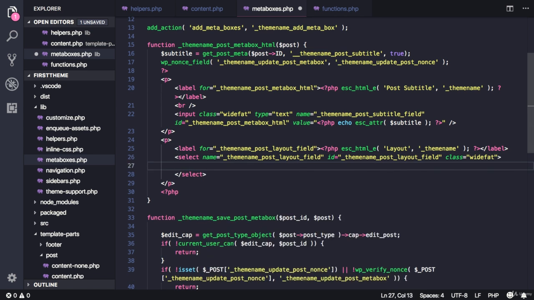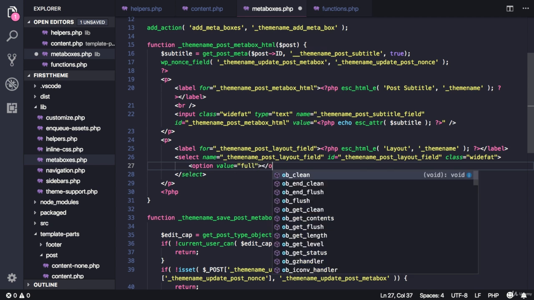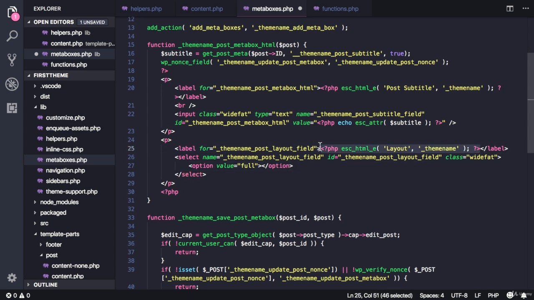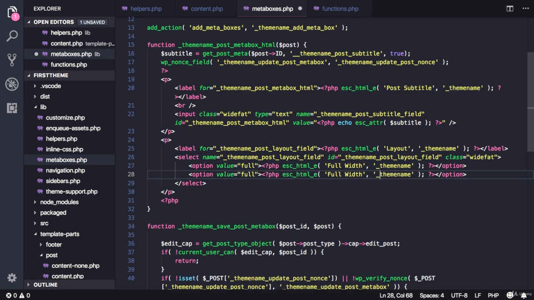So let's create an option, and this one will be the full screen blog, and let's copy one of these just to save some time, and we need to add a text for the option, so let's call it full width, and let's duplicate this, and this one will be the post with a sidebar, so let's call it sidebar as a value, and here